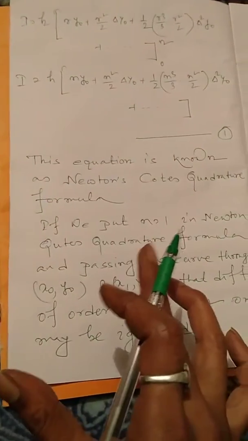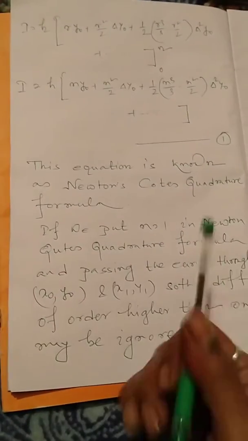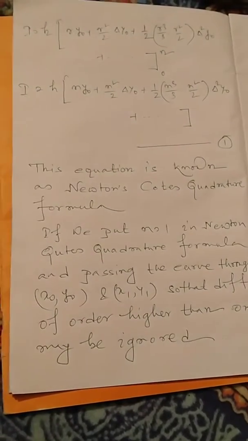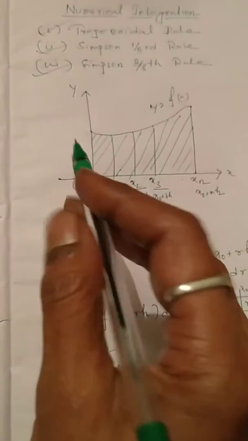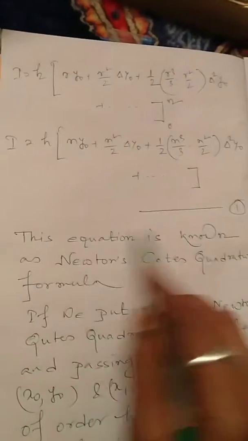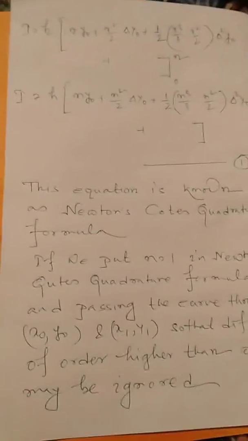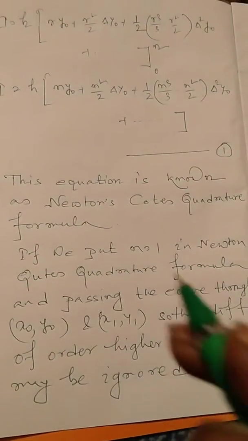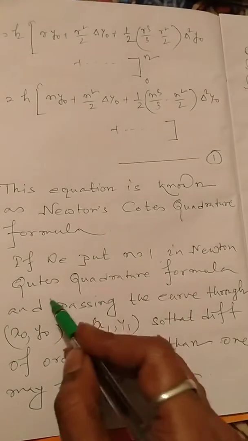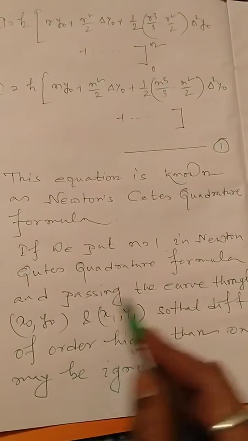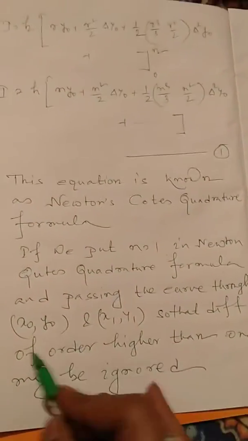In the examinations, derivations also come, so if the question is like that, derive the trapezoidal rule, then we have to do it from the beginning, what we have done over here. First we have to derive the Newton Cotes quadrature formula, then we have to write it this way: put n equals to 1 in Newton Cotes quadrature formula and passing the curve through x0